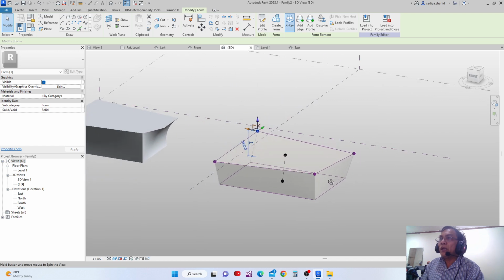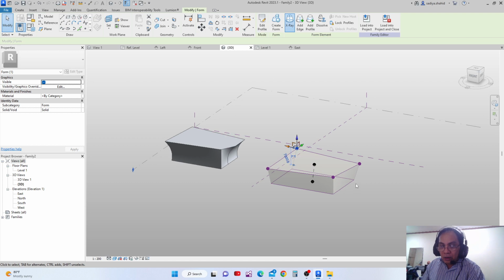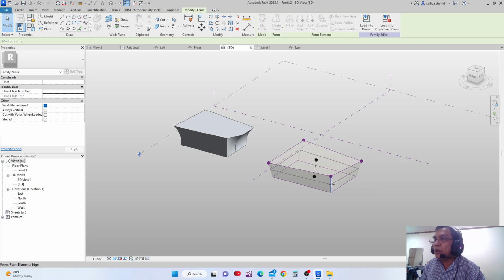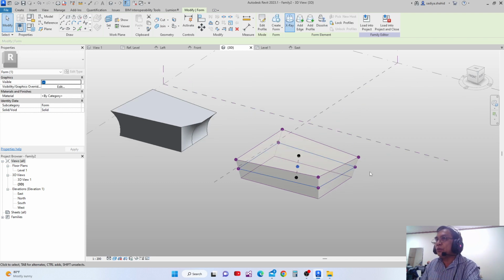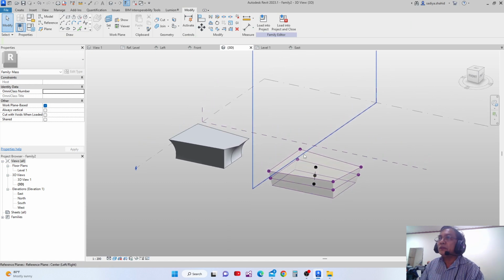But now, I cannot add an edge here. And here, I can now add a profile. I just click this, add profile, and I can add a profile now. There is a profile there inside. And if I'm going to dissolve this,